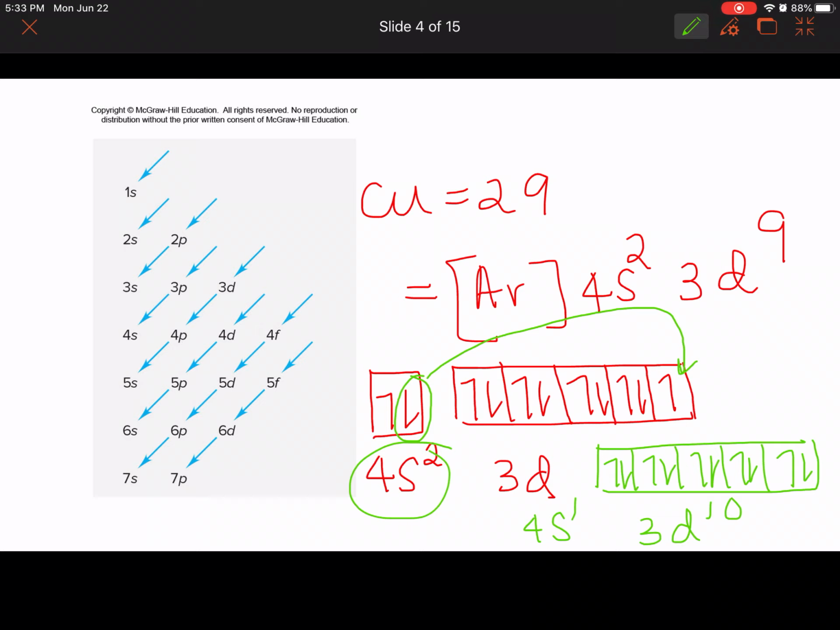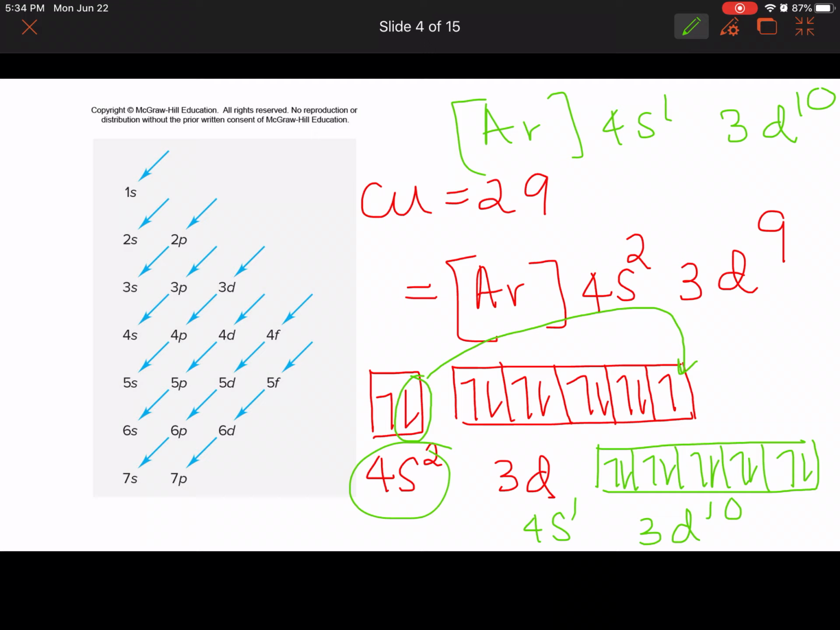So instead of copper being 4s2, 3d9, copper would be argon 4s1, 3d10. Okay, the same thing happens when you come to chromium. Chromium would be expected to be 4s2, 3d4. So d electrons completely filled has an added stability, and it also has added stability when the d electrons